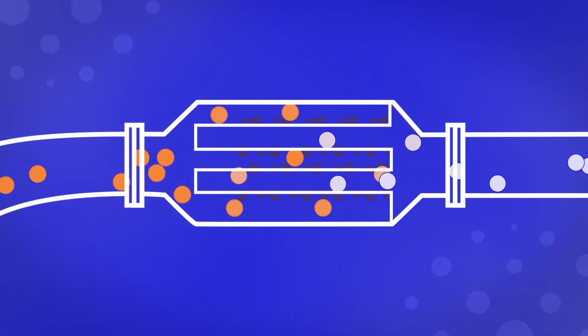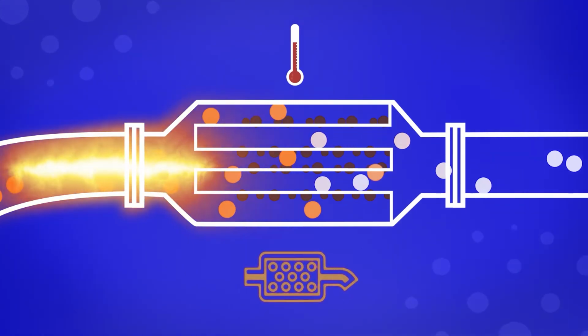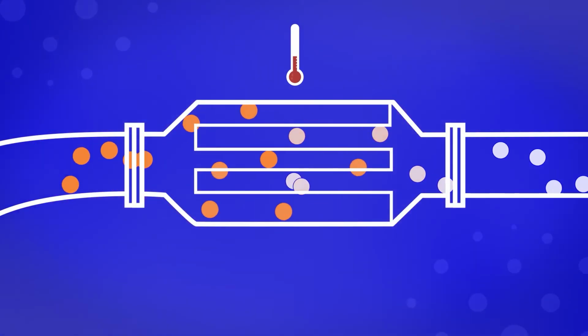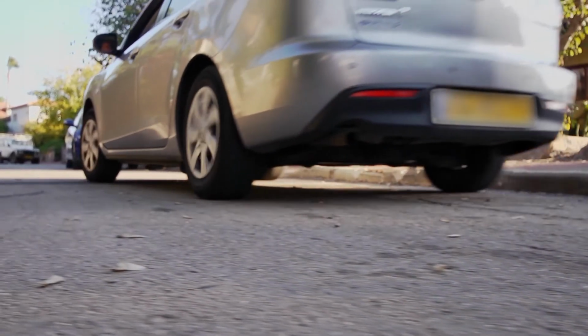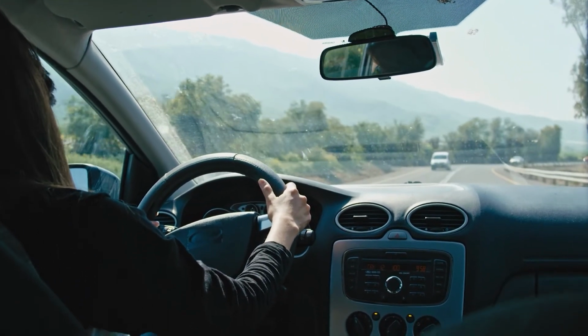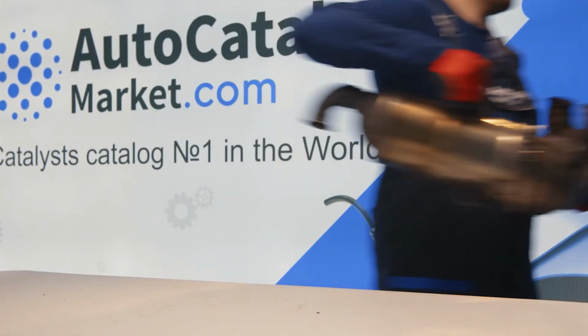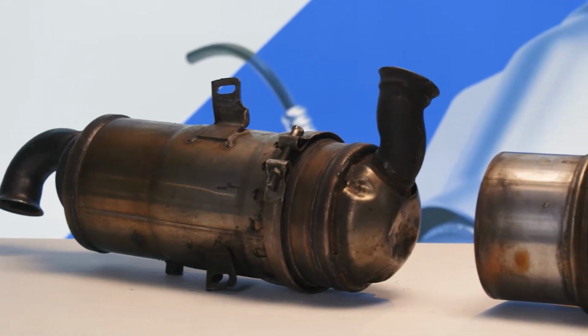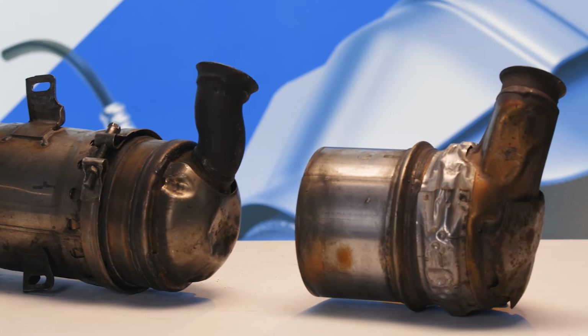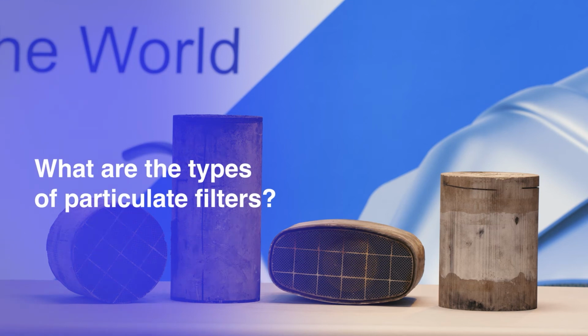The regeneration may be of two types: active and passive. Active regeneration is launched when the pressure sensor signals that the particulate filter is clogged. Fuel is injected onto the body, it ignites and creates an increase in temperature, which allows the soot particles to burn out. Passive regeneration occurs when the vehicle is driven for a long time at high engine speed. In case of very heavy contamination, the particulate filter can be dismantled and washed using special equipment. Therewith, in the event of a complete failure, both the particulate filter and the catalytic converter must be replaced with a new part.